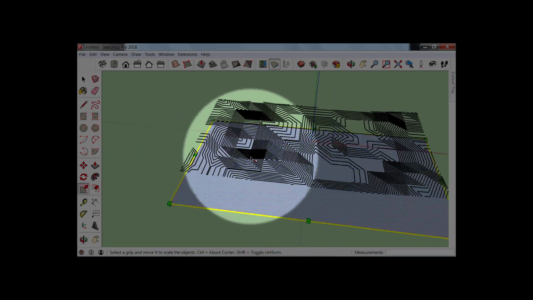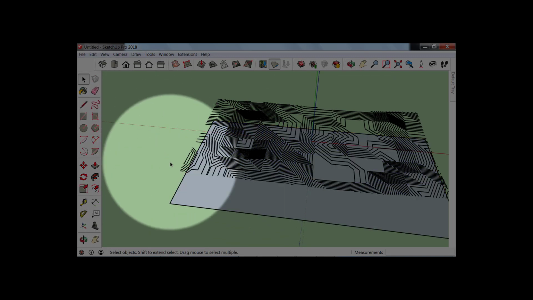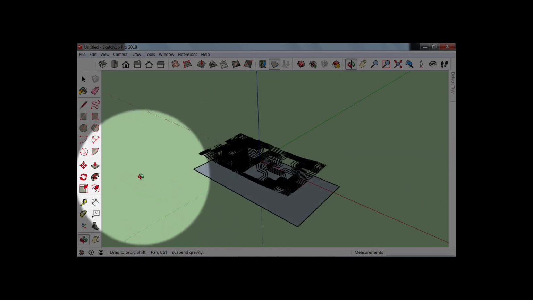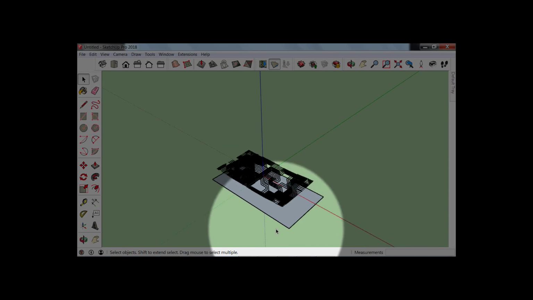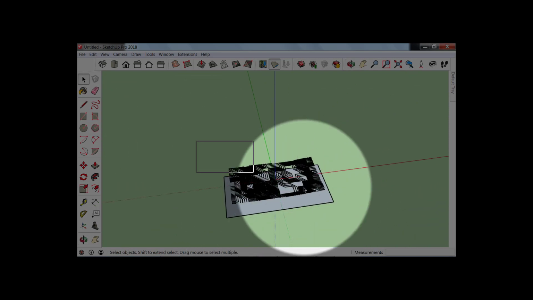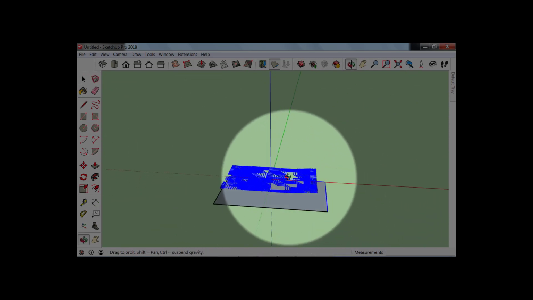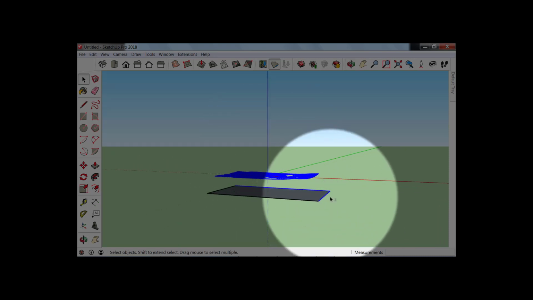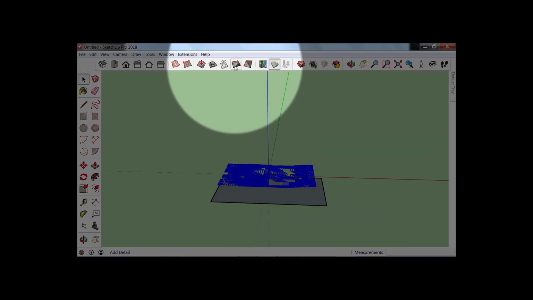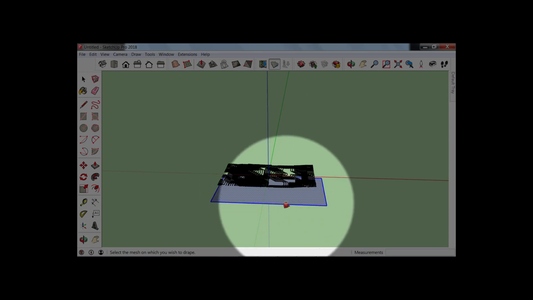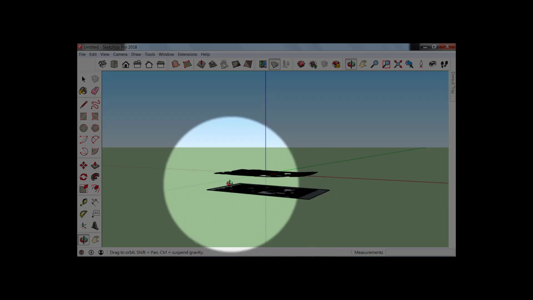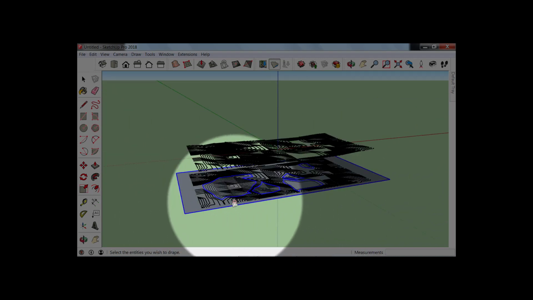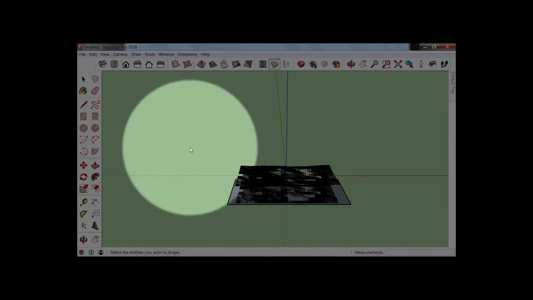Now observe here, once I do this, I just have to drape this on this face. That is where your drape tool will come into the picture. Once you have selected, hold the Shift key and unselect these lines which you don't need. You can see there is a Sandbox toolbar here, and here is your drape tool. So you just have to drape on that. You can see how it has embedded.